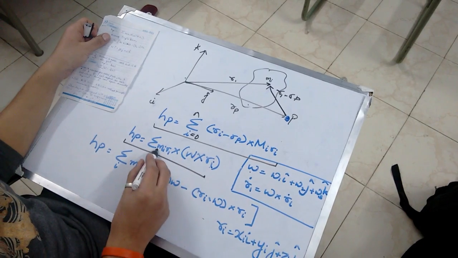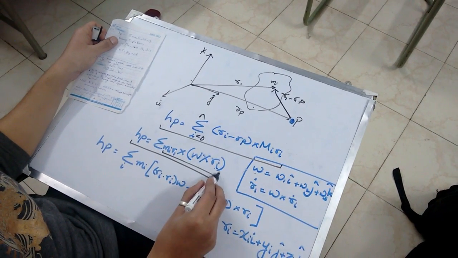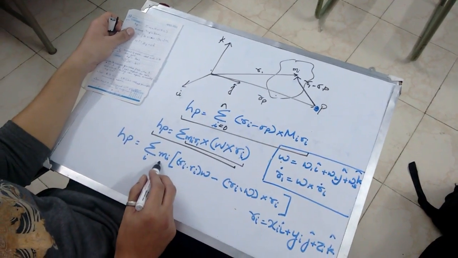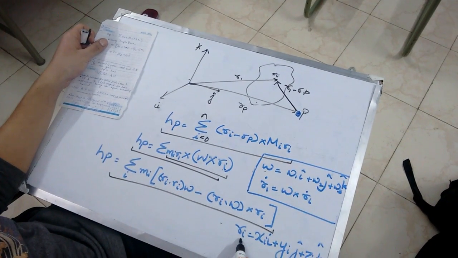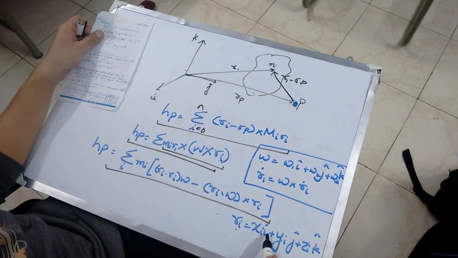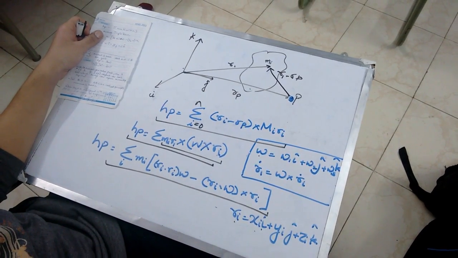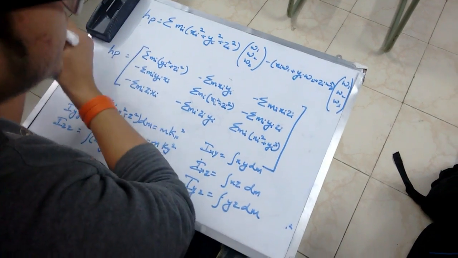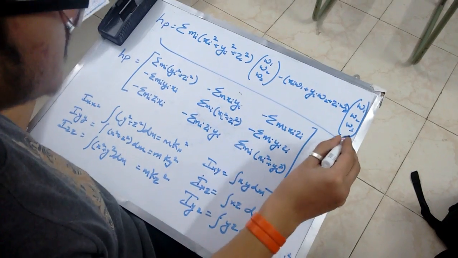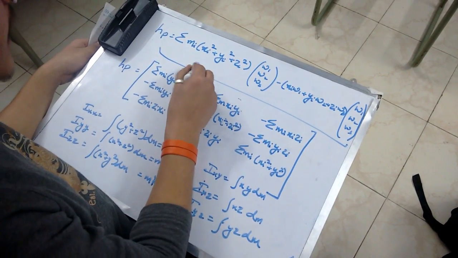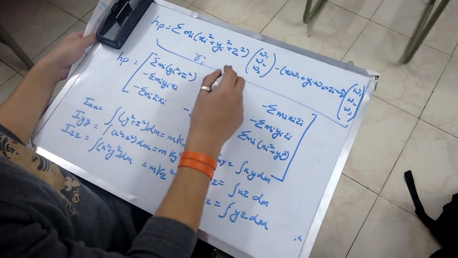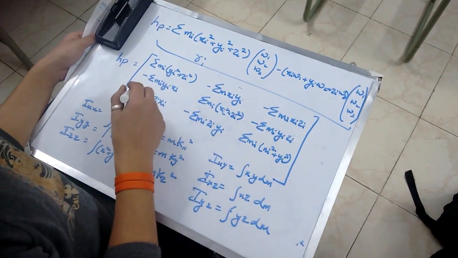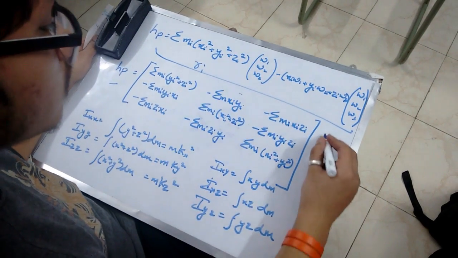Now we can use the vector triple product in this equation. Hence we'll get this form of equation. Now we'll use ri equal to xi i cap plus yi j cap plus zi k cap. By replacing ri with xi plus yi plus zi, we get this equation. Now we get Hp equal to